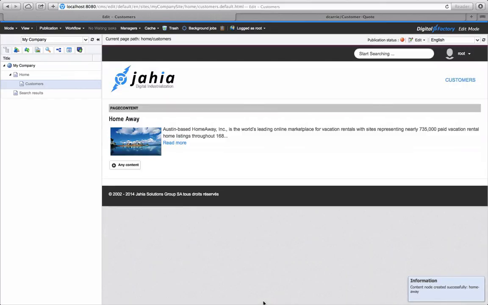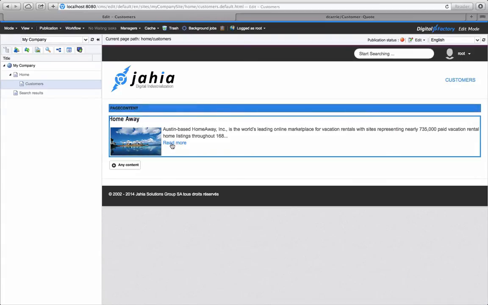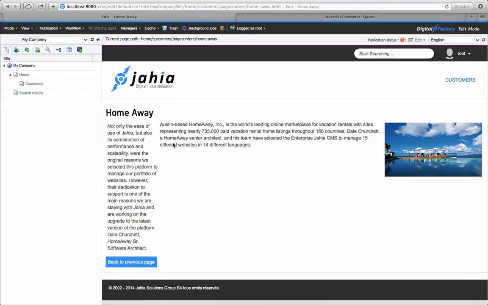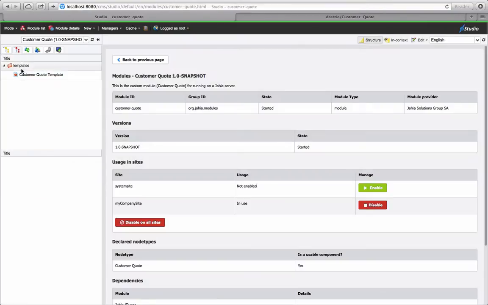So here we see a customer quote rendered in its default view. Clicking on the link, the content is rendered in full page using its detailed view. Let's say the task we have been given is to add the rating social component to the detail view. We have also been given a CSS file to render the actual quote here on the left. Going back to Studio,